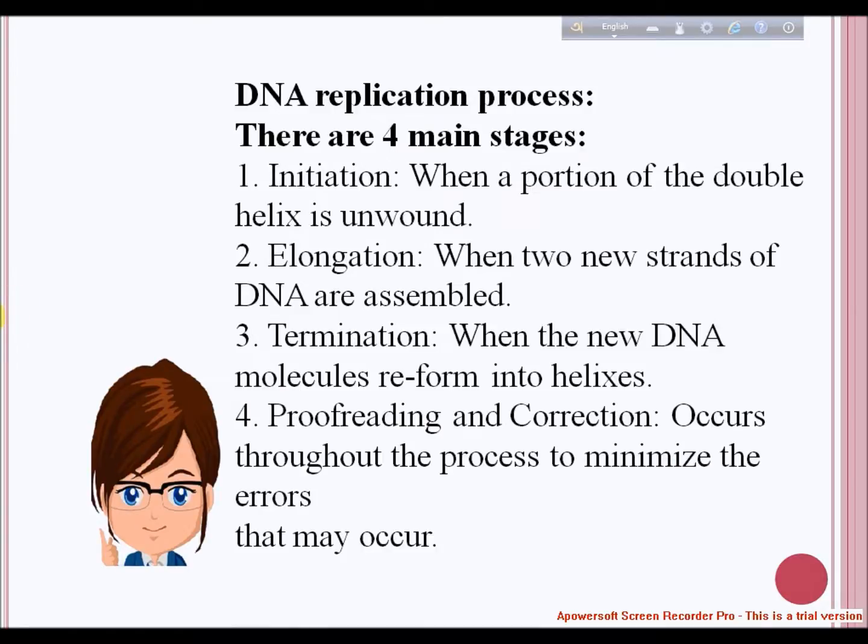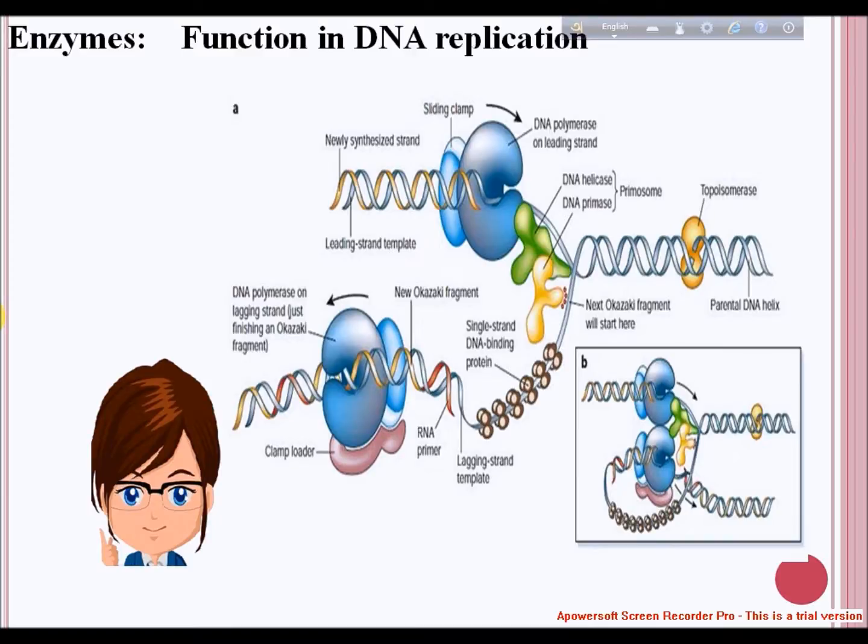Next I come to the enzymes and their function in DNA replication. What are the enzymes required for DNA replication? First, DNA helicase, also known as helix destabilizing enzyme, unwinds the DNA double helix at the replication fork. Next is DNA polymerase, which builds a new duplex DNA strand by adding nucleotides in the 5' to 3' direction. It also performs proofreading and error correction. There exist many different types of DNA polymerases, each of which performs different functions in different types of cells.